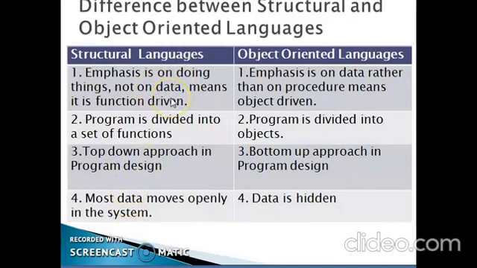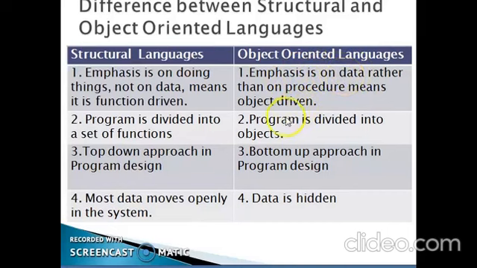A structural programming language is divided into functions. Whereas in an object-oriented programming language, the focus is on objects, or I can say the focus is on data rather than on functions or procedures.